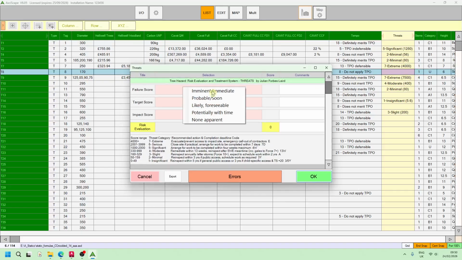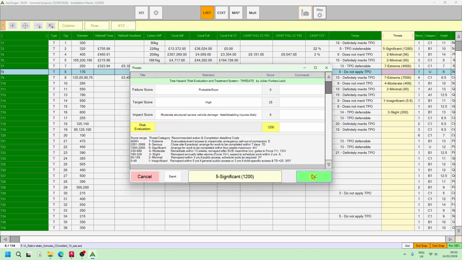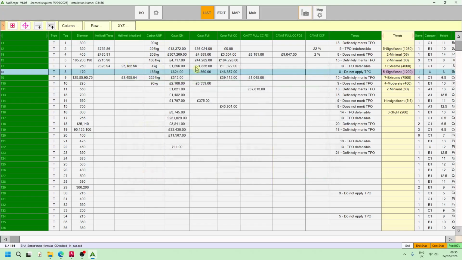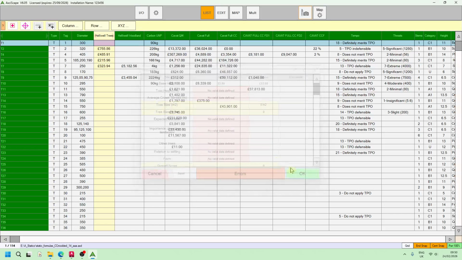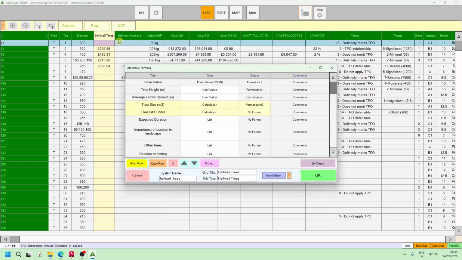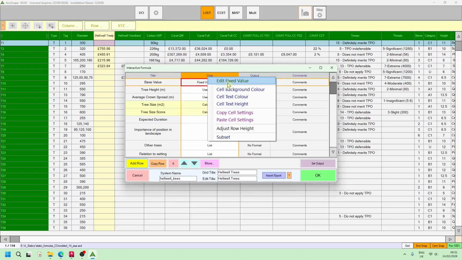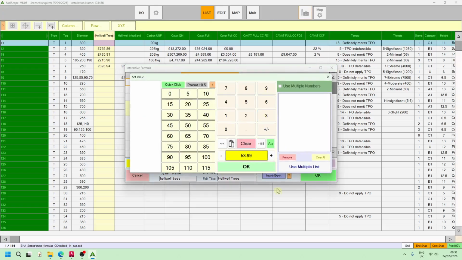And most are just clicking boxes, but some you have to add values as well. So let's look at Heliwell. Heliwell has a sort of base value which you may need to adjust each year. I think you can go on the AA website and it tells you what the current valuation base value is, and you would adjust it in the header. So you would click on this one and put in the new value,